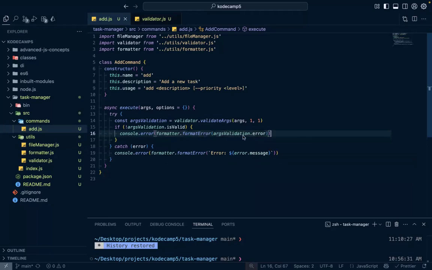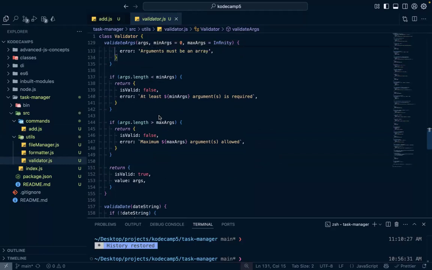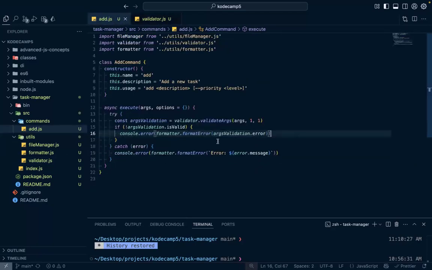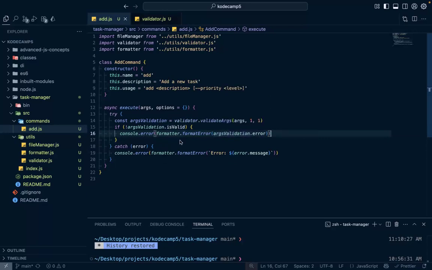So let's look at the args validation. If you look at this once more, if there's an error, we're returning an error property. We're returning an object which has valid being false and a property of error. So this is where we're getting this error. So if it's not valid, it definitely means there's an error property on this object. So we're grabbing it and then